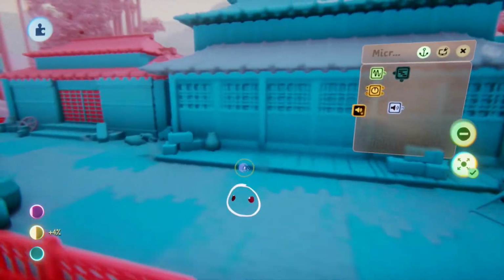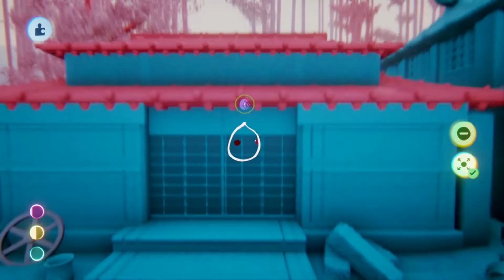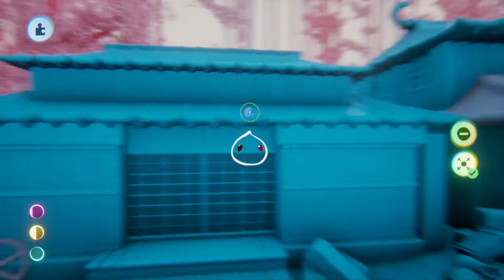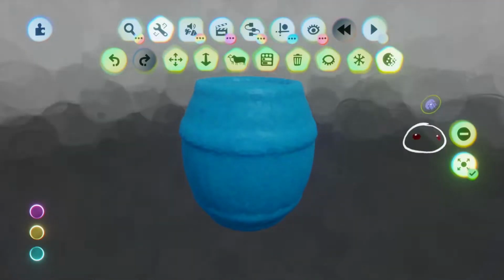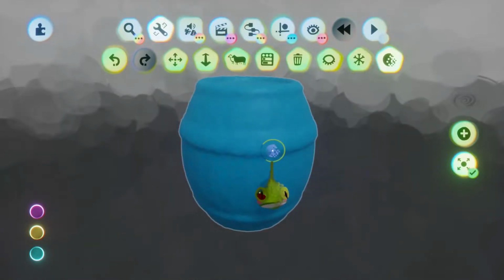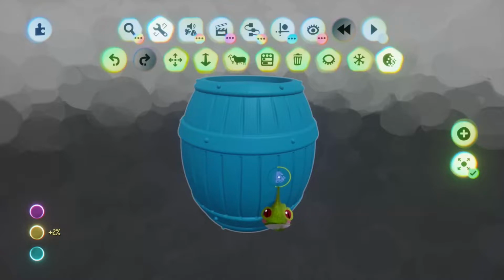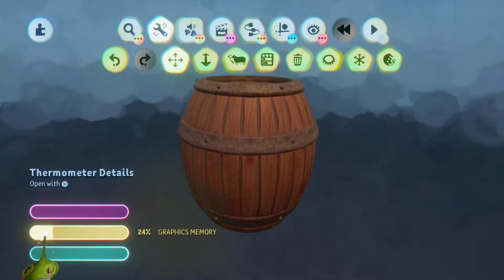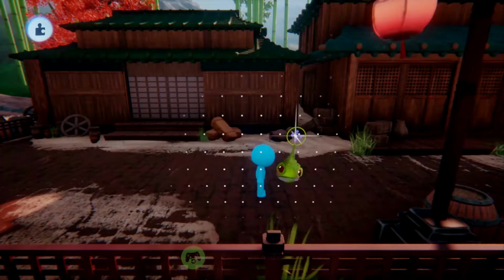So tip number 4 is: don't decrease the graphics too far, but there is also another side: don't increase the graphics too high, right? Because if you increase the graphics too high, your game is going to be unplayable, and you'll probably get an FPS drop or something like that. It's something you really want to avoid.